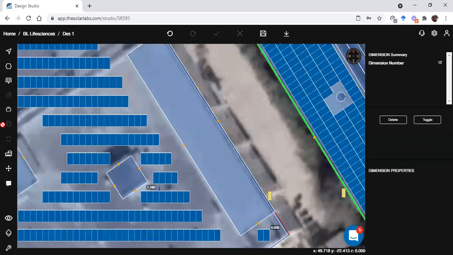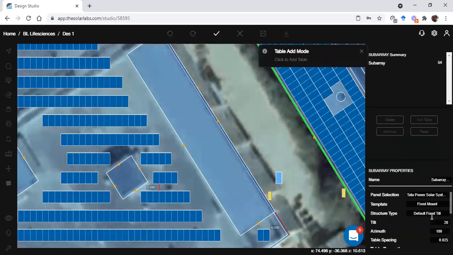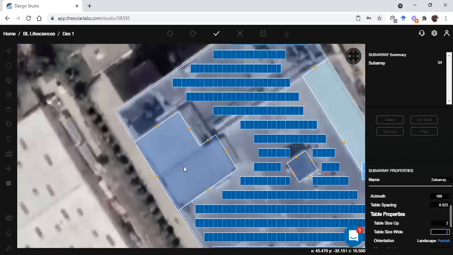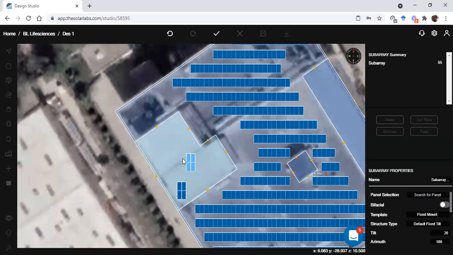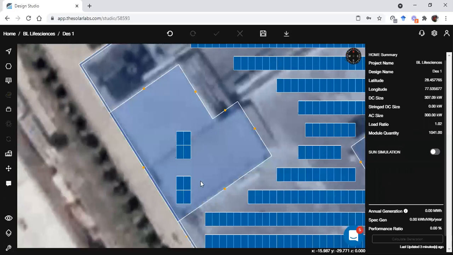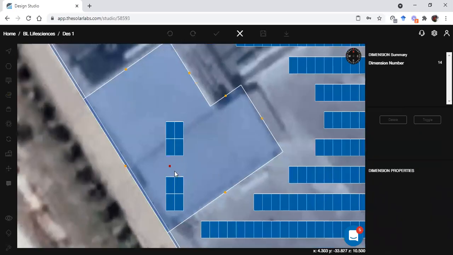But let's say if you are having two tables, so if there are these two tables, and now you want it to be at 3 meters, you'll do it like this.